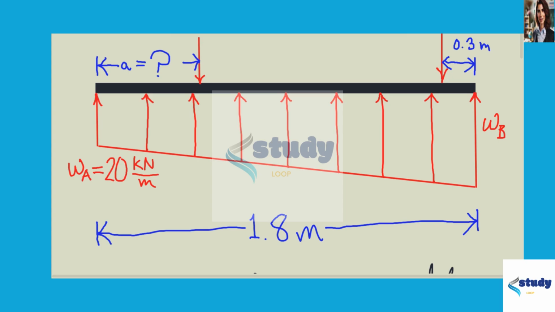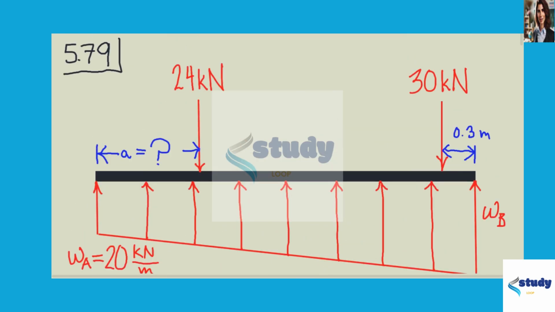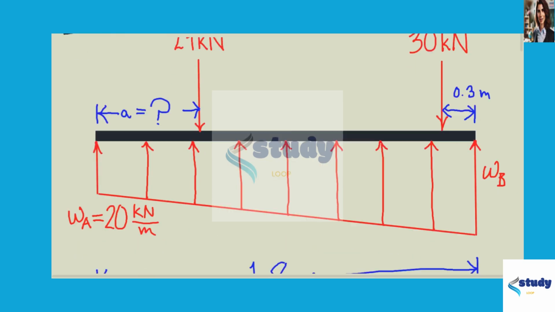We have givens for this force density relation: an initial y coordinate, W sub A, of 20 kilonewtons per meter, and the entire span of the beam is 1.8 meters. The magnitudes of the two downward facing force vectors are 24 kilonewtons and 30 kilonewtons. In this problem,